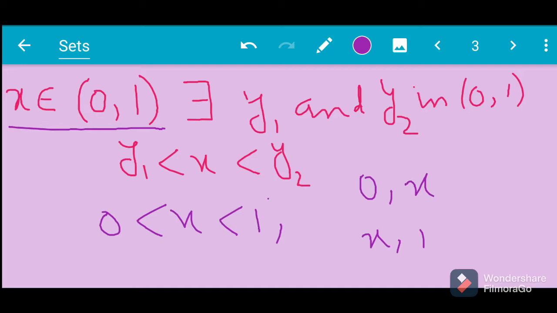It means for any x it cannot be a smallest, or you can say minimum element of the set, or maximum element of the set, because every time you will get a point less than that point and a point which is more than your chosen point. Okay, so this type of set may not contain maximum or minimum element.